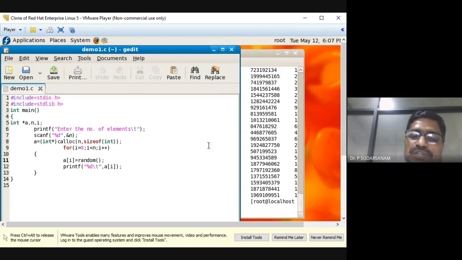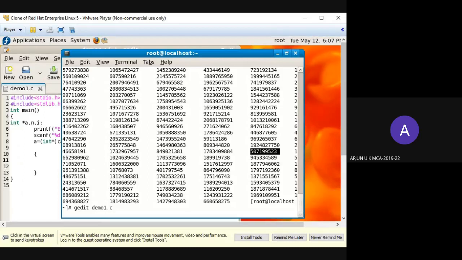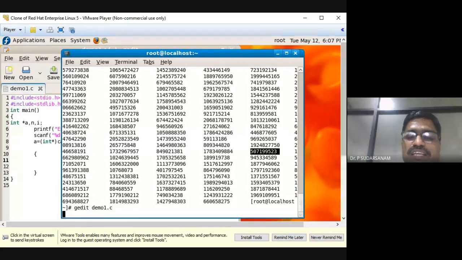Can you see this number? Whatever I bolded, you can read it: 5071999523. Now I want to make this 3 digits. For example, if I write mod of 10, what is the number for this?